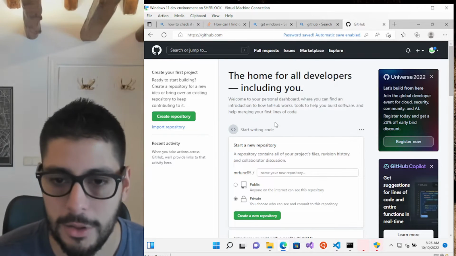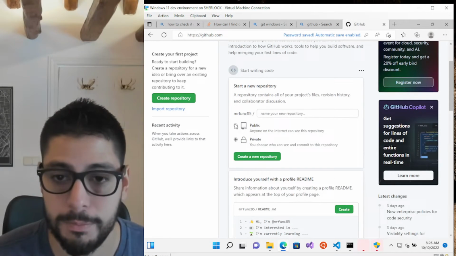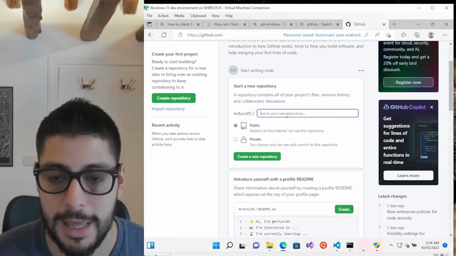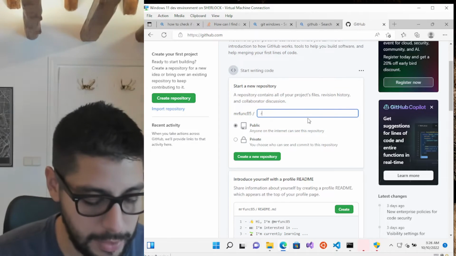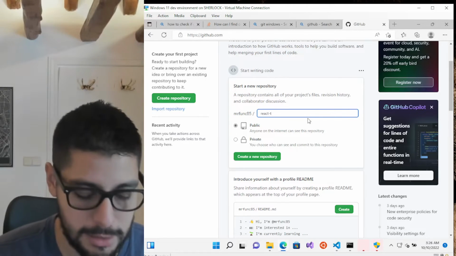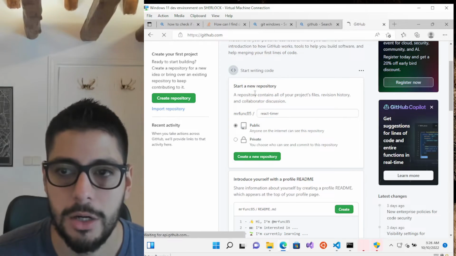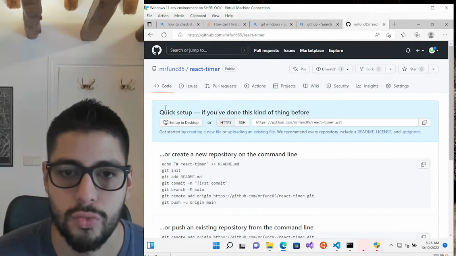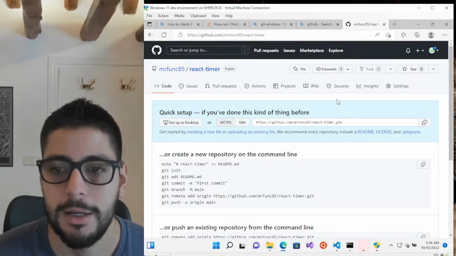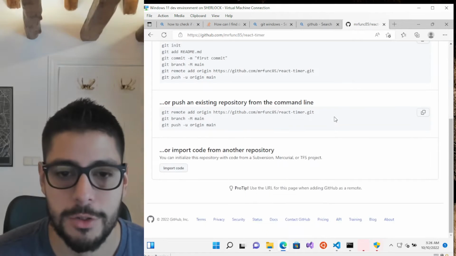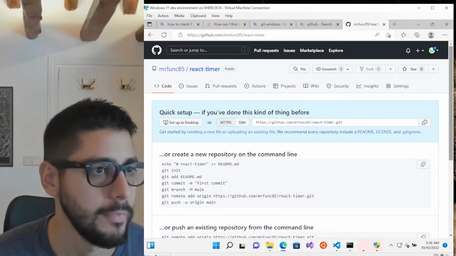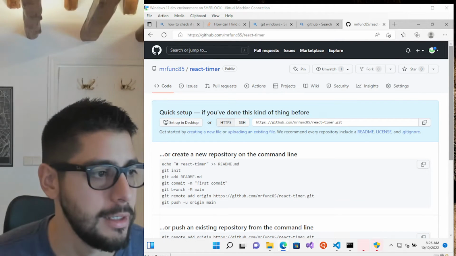Sure, why not? Okay, now we're going to create our first public repository, and this is going to be called React Timer. Let's go. Okay, now that we have our first repository,